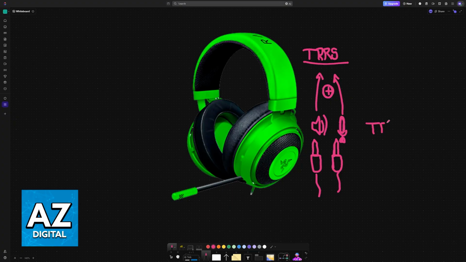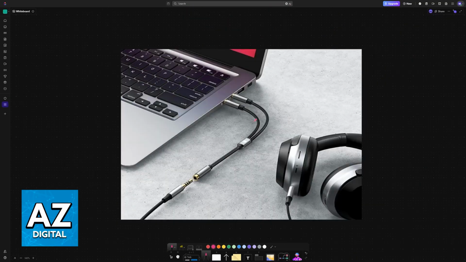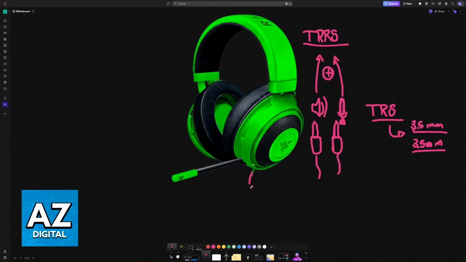Alternatively, you might also see TRS headphones or headsets. These are dual plugs, so they will have two separate 3.5mm jacks, and each of them will be used for a distinct function, primarily audio and the microphone input. If you have one that only has the option to use TRS, then you will need to use two ports on your PC or combine them into one cable only using a splitter. So in that case, you can't avoid it.